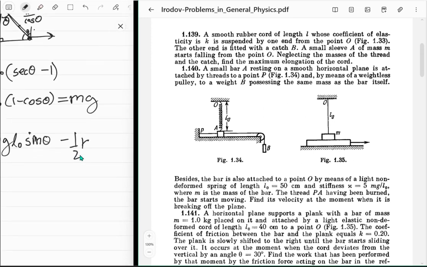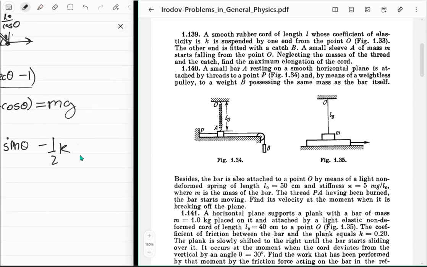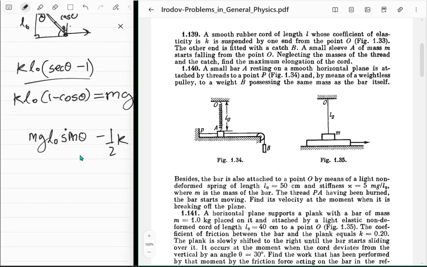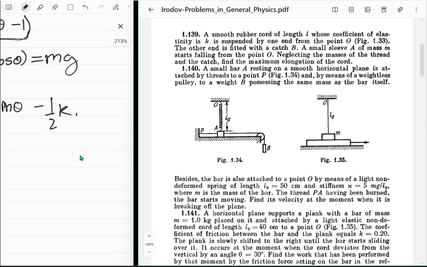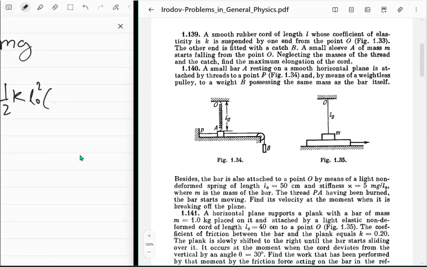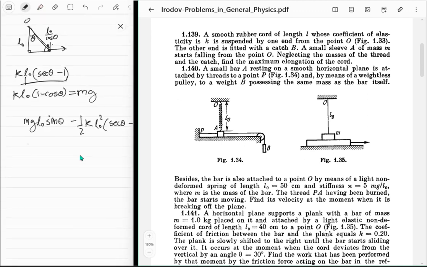Minus half k x squared. So x is just this thing, that guy squared. Oh no, that's just the force. This is the displacement. So L naught squared, and then you've got secant theta minus 1, that guy squared. So this is the work done, all of it, right? Anything else? No other forces, and that's equal to